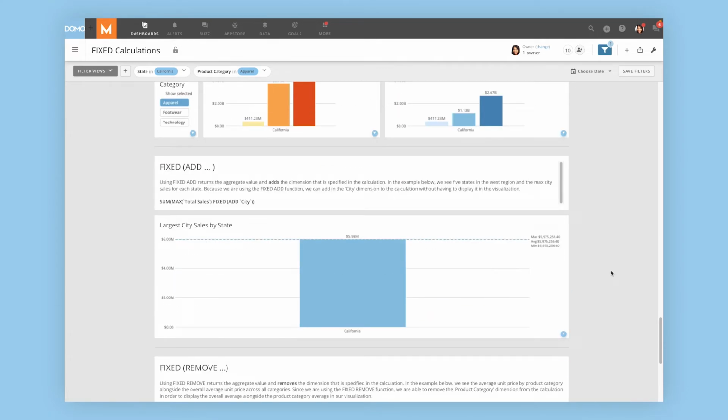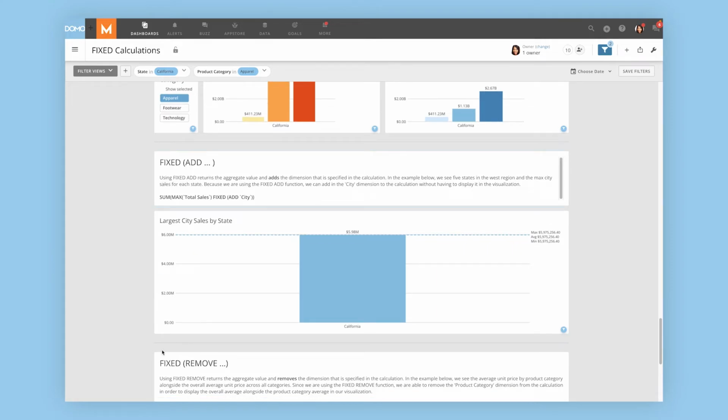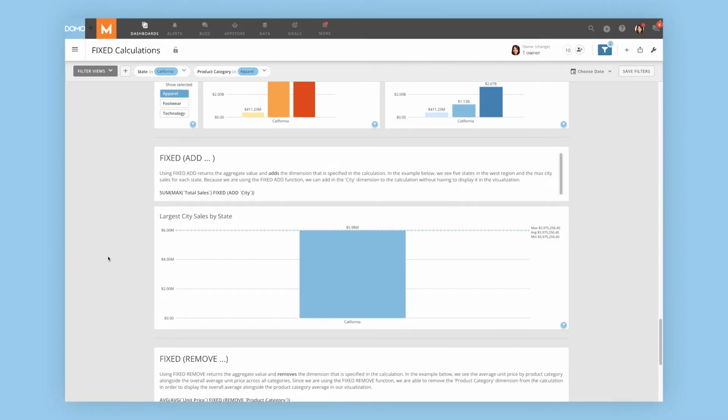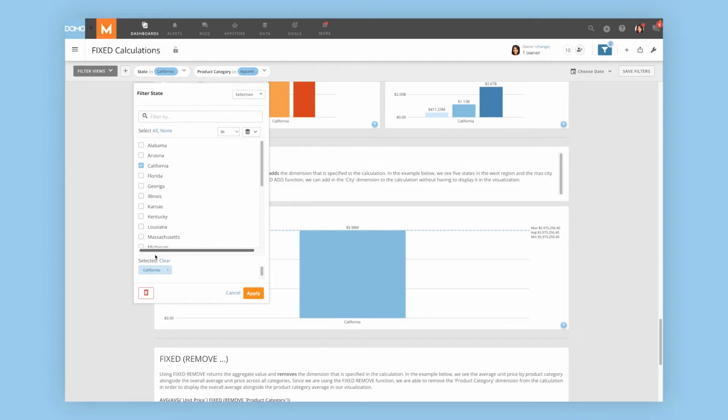And finally, instead of fixed or fixed by, you can also use the fixed add or fixed remove functions. So fixed add will essentially return the aggregate value and then add a dimension that is specified in the calculation. So if we remove these filters here,